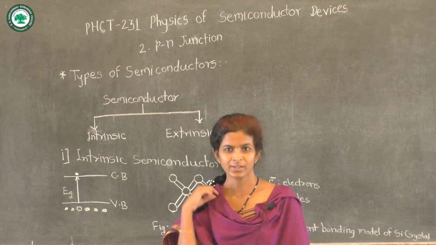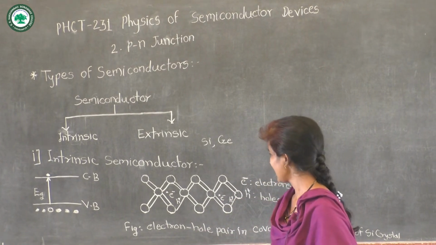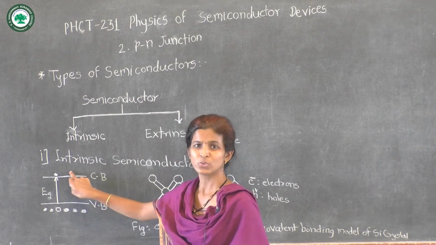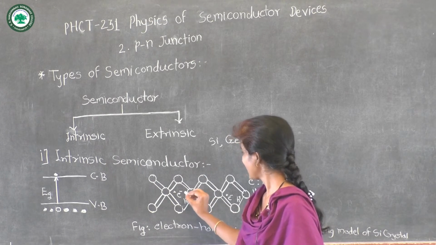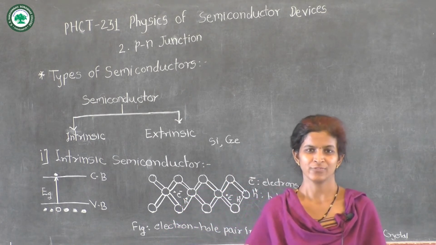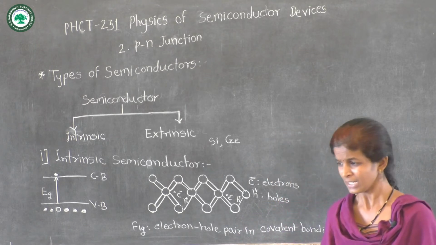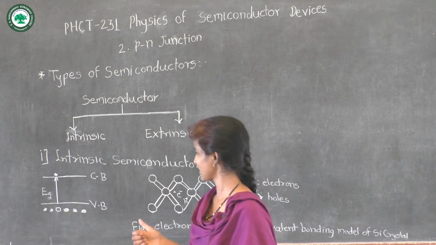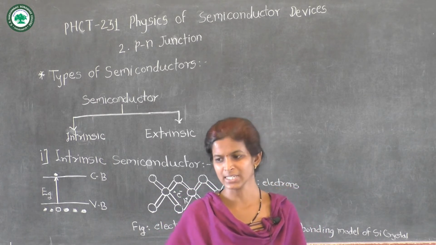When we see this broken bond model, it is seen that when the electron from valence band makes transition to conduction band, leaving a hole there, the bond is broken and the electron becomes free. But in this model, the free electron gets localized within the lattice. This is not the actual situation. When electron makes transition from valence band to conduction band, it is free to move within the crystal.